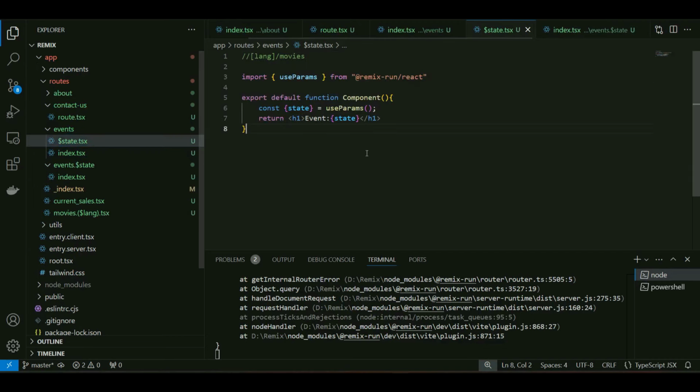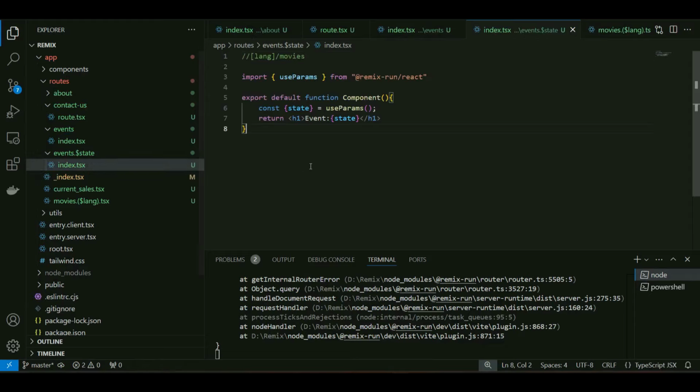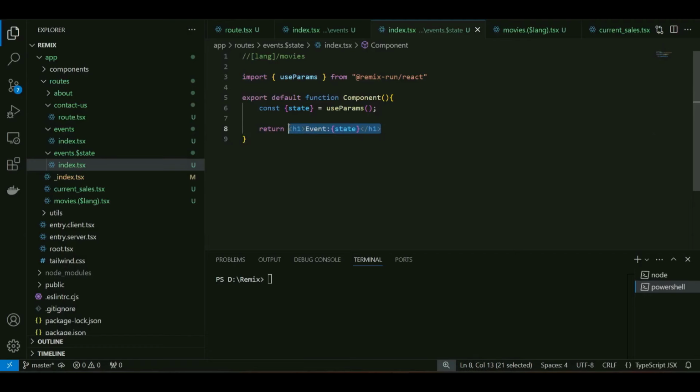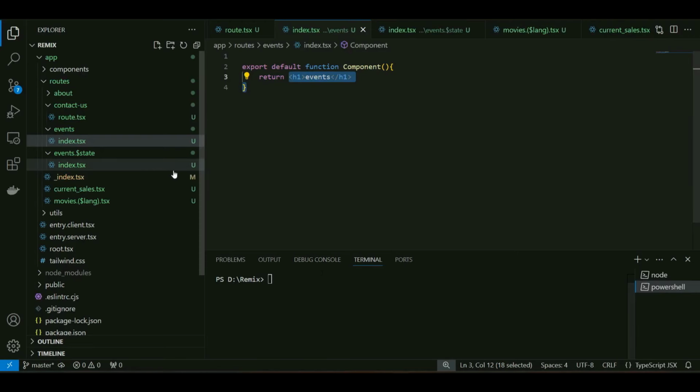And here you can have its own index.tsx file. If I just move all data from here to this place, save, and if I try to run this now, well, if you notice, this is not the actual component being rendered, but this is the actual component being rendered there. See. So what is happening exactly? Whenever you create a main path and you're creating dynamic segments after the path, this component is assumed as a layout for other children, like this is a child state, children of the event. So now if I want to make it work, if I use event, it's going to work,